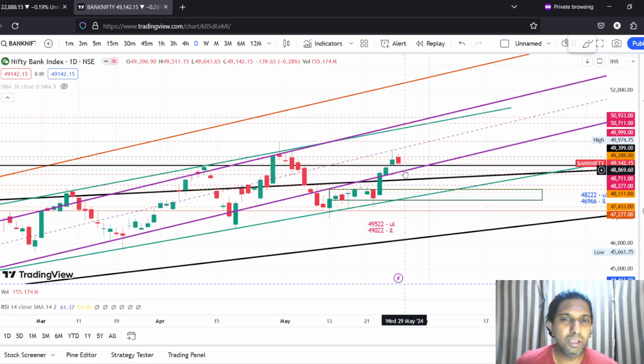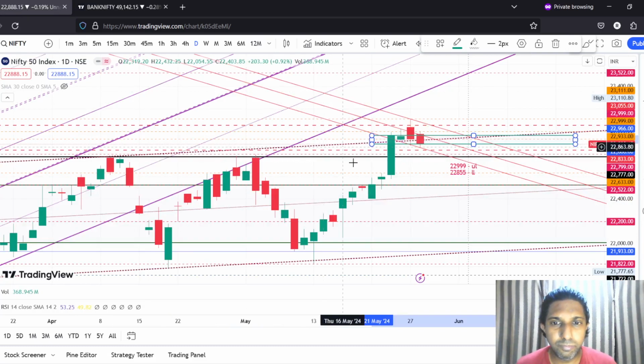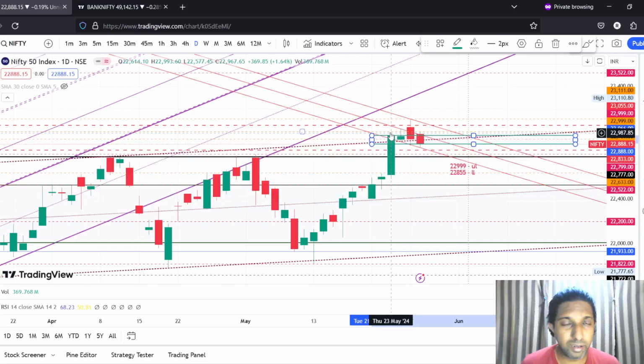So all the retailers would be thinking that the price will go down because of the candle formation, and because this is kind of a high, I mean, it appears as a high. So most of the retailers would be thinking that the price will go down, and they will be sitting comfortably on the PEs and the sell side trade. So I think the big players would be smart enough to go ahead and capitalize on this and take the